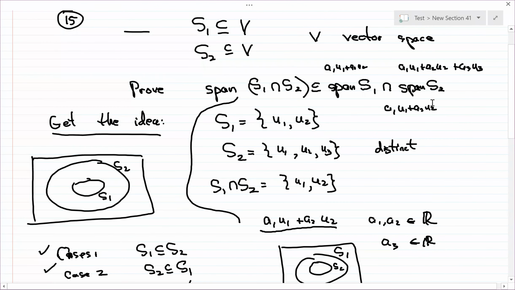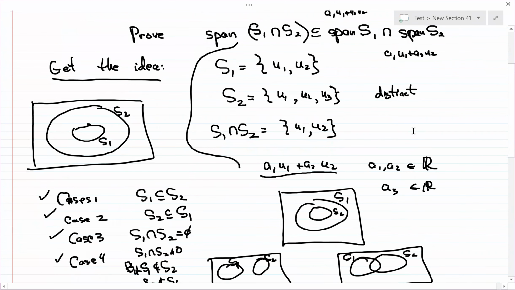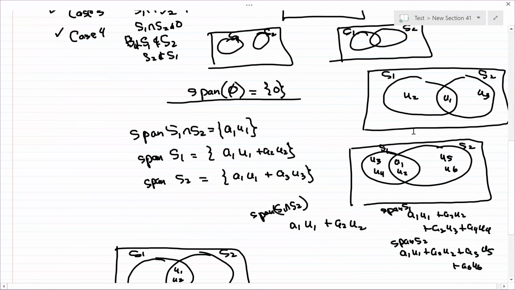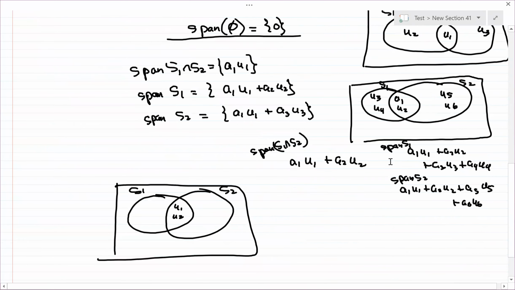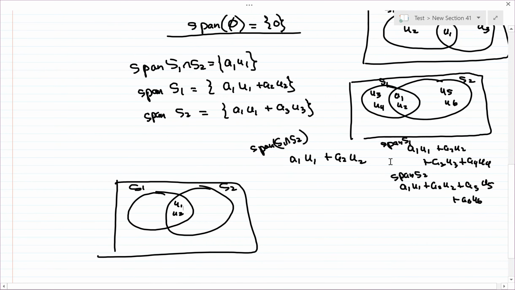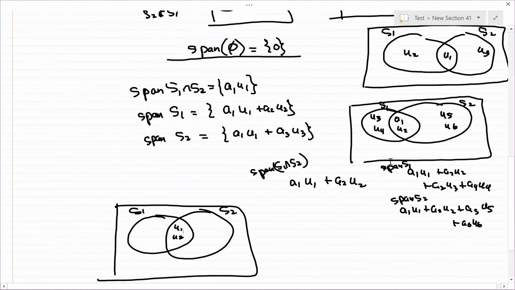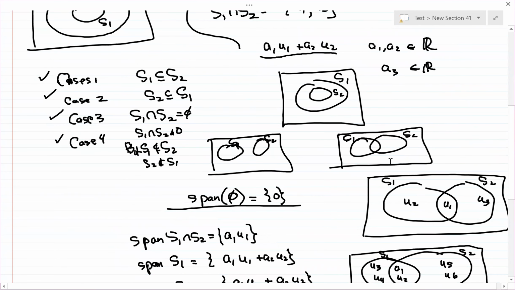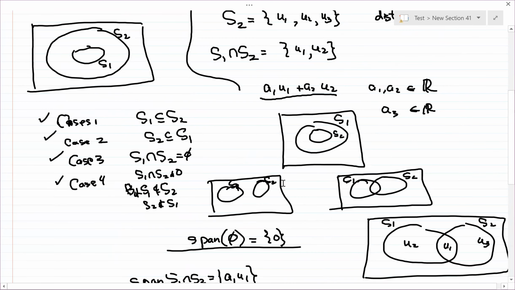So, let me see. I think I should stick with the easier ones. So the easier one, this one,